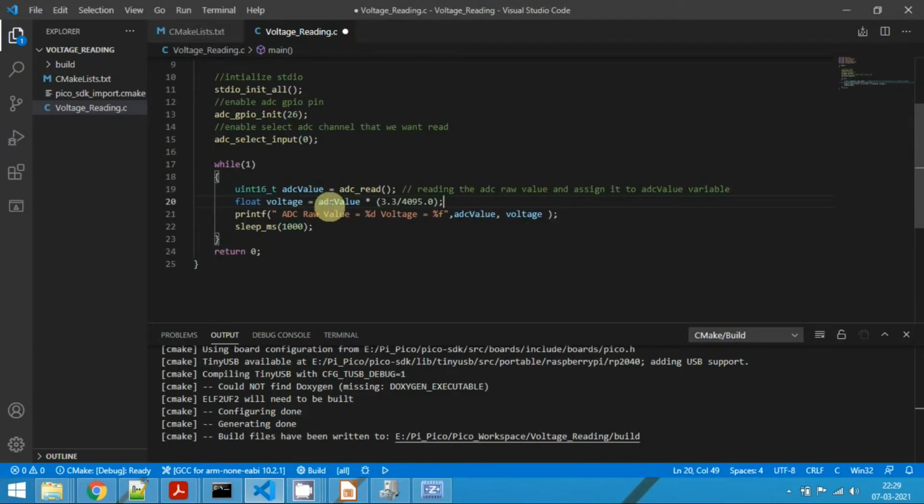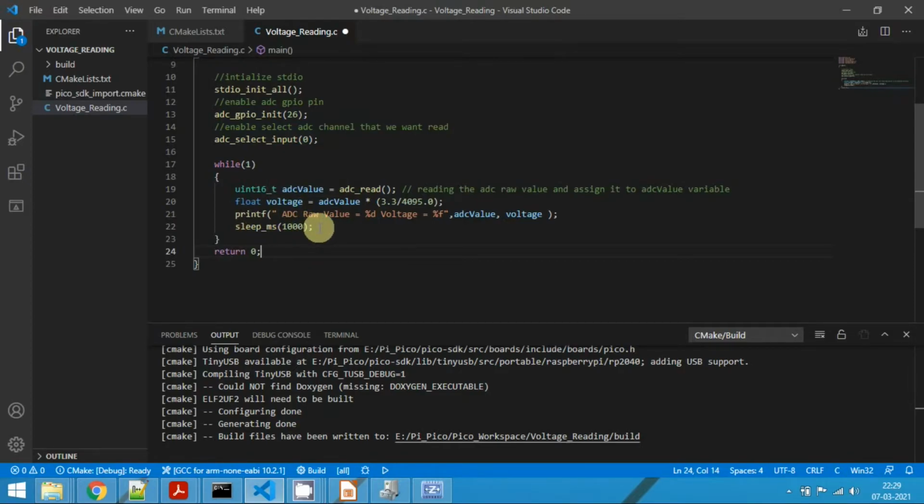So basically we have initialized the ADC GPIO, selected the ADC channel, and we are reading the raw data value. That raw data value we have converted to voltage, and then we are printing it onto the console.